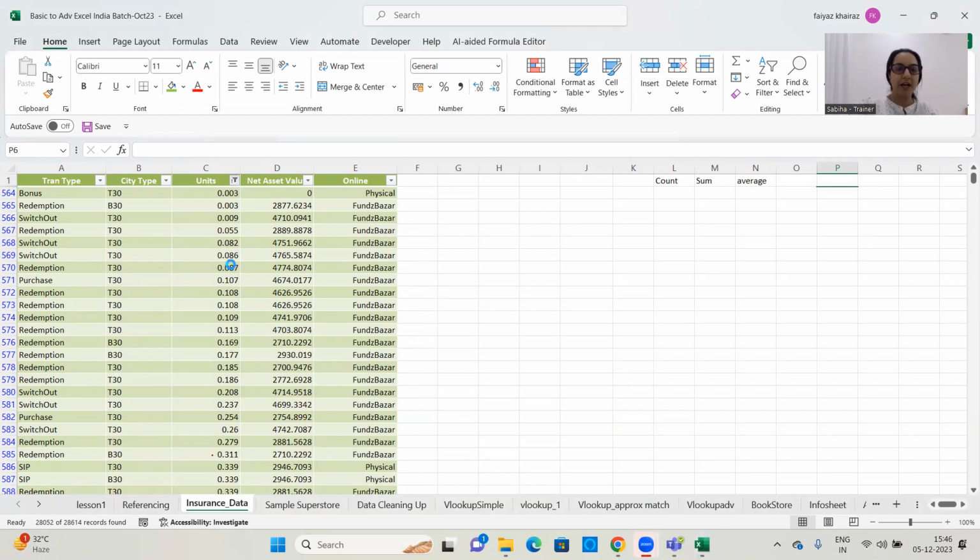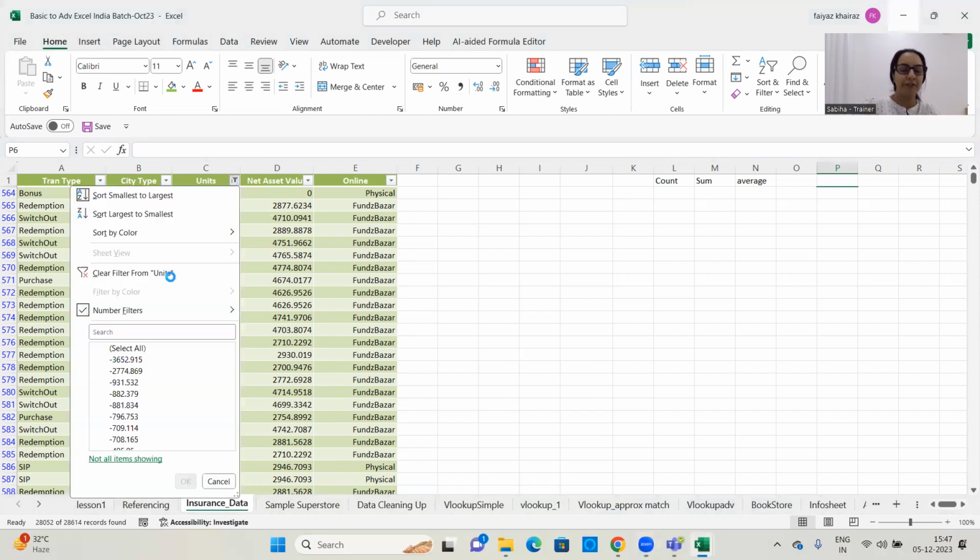Okay, good job, everyone. How will you clear the filter? Clearing of the filter is exactly the same. You will click on the units column and you will click on clear filter from units. Now, if you have noticed something, the clear filter button only gets active after you have